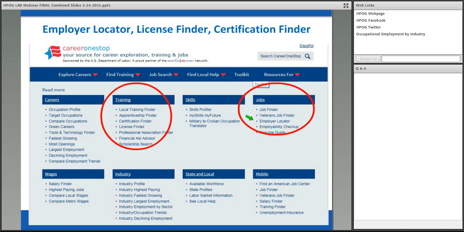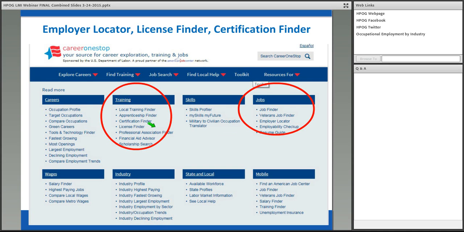It's called Employer Locator. Almost everyone knows the hospitals in the area, but you may not know all the clinical practices that might be relevant, that might hire workers, or that might give you input on what skills they're looking for. So this is a free online tool for identifying local businesses. And there's also a tool that lets you compare employment and wage data for up to 5 occupations in the occupation profile.